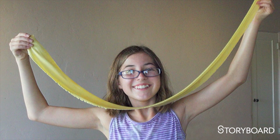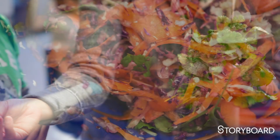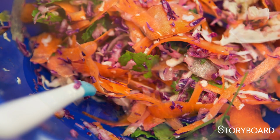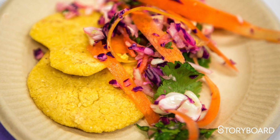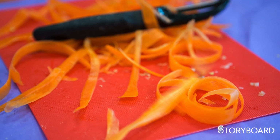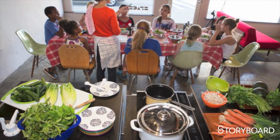The reaction from the kids has been amazing. A mom actually emailed to tell us the story that her daughter never eats salad, but in class with the Charlie Cart there, the kids all made salad and they made their own salad dressing and they grated carrots. And so this little girl went home and she decided that her job was to make the salad that night, and she made the same recipe for her whole family and was very excited to show off the skills that she had learned. So giving young people positive experiences with food, it really can open up a whole new world